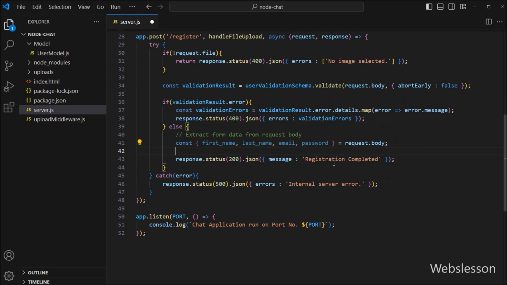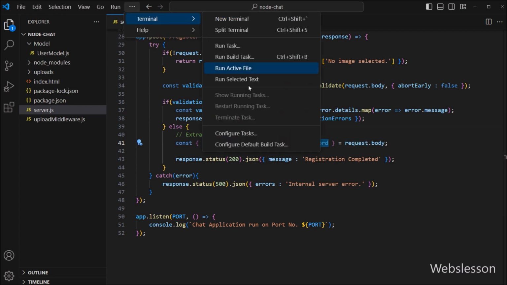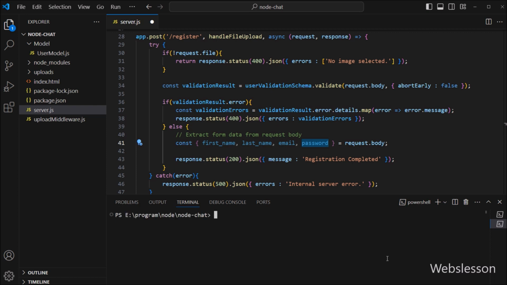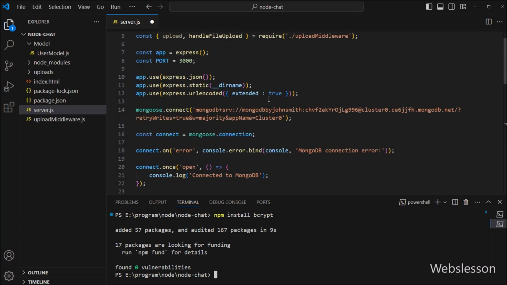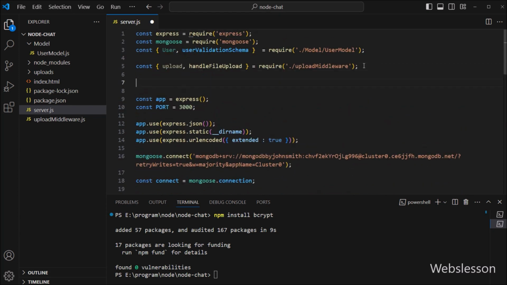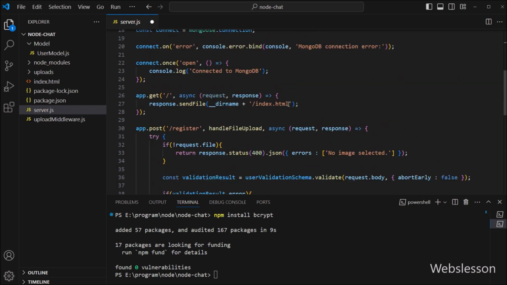After this, we want to store the password as a hash formatted string, so for this, we have to download the Bcrypt library. So here, in the terminal window, we run npm install bcrypt. This command will download the Bcrypt library into our Node application. Now we want to include the Bcrypt library in this server file, so we write const bcrypt equal to the require function with the bcrypt library name, so it will add this library to the server